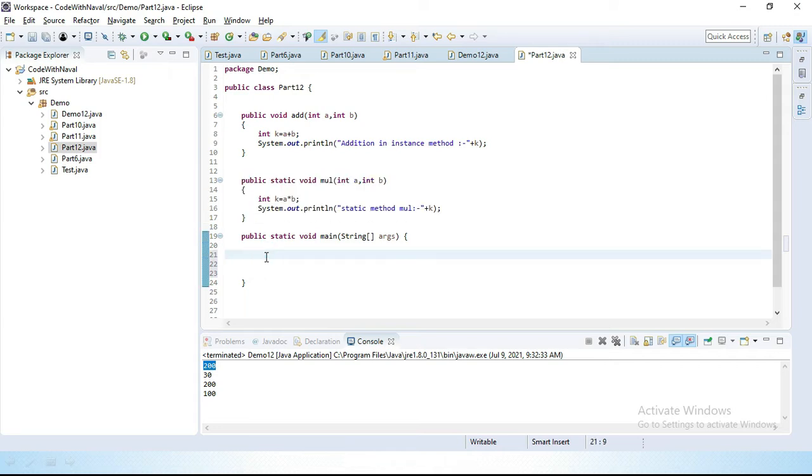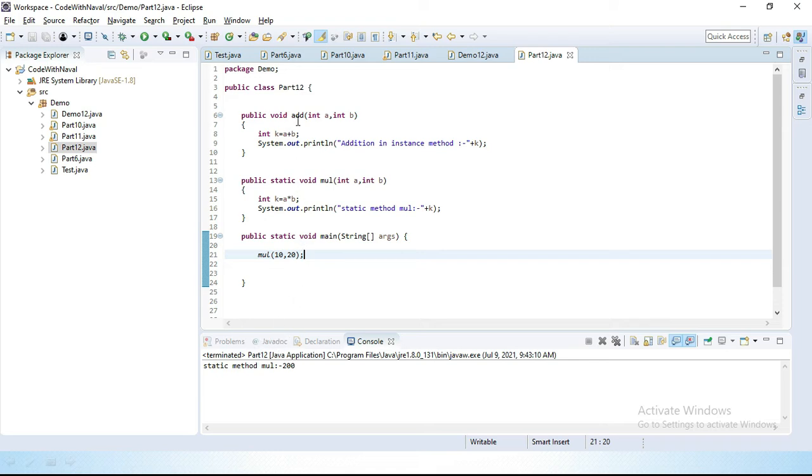I'll call mul, and here we need to pass the two parameter values. I'll pass 10, 20. That's it. You can see we didn't get any error. Let's run this program. You can see static method multiplication 200, 10 into 20, 200.